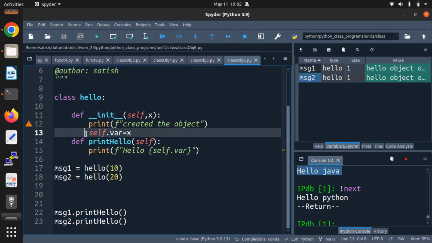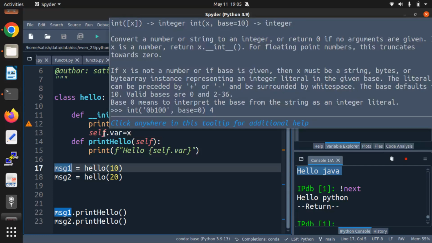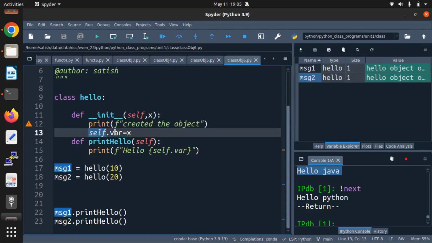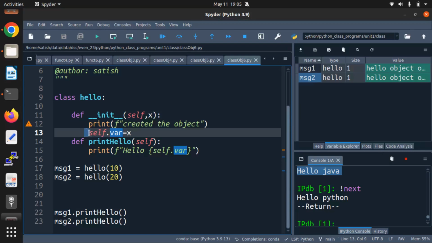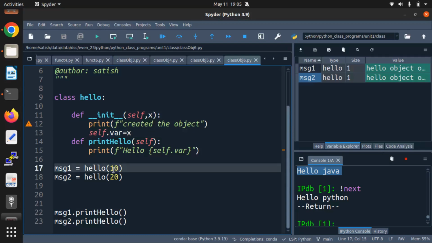So we have self.var is equal to x. So var is the variable which is specific for this hello class. Okay, so when I create an MSG1 object, it gets its own variable called var. So you can see it is self.var. So it is saying this variable var is part of this object self, and I am passing the number 10 while creating the object. So this 10 gets passed as a parameter to the init method,